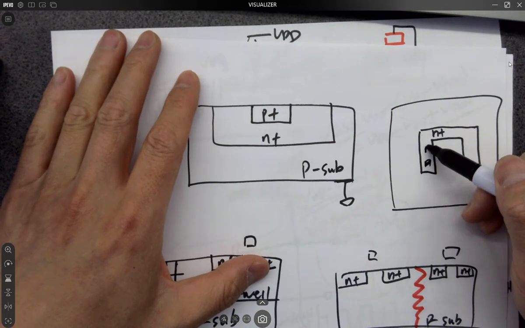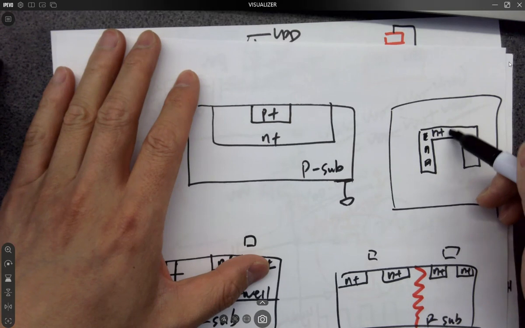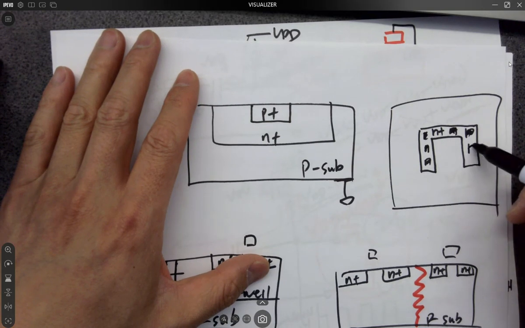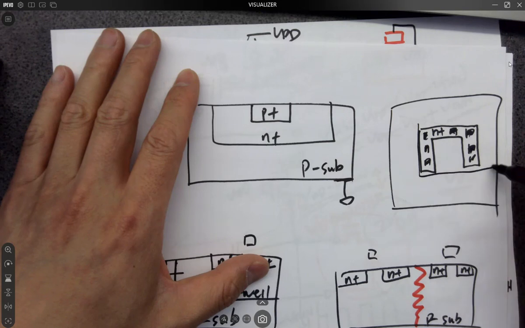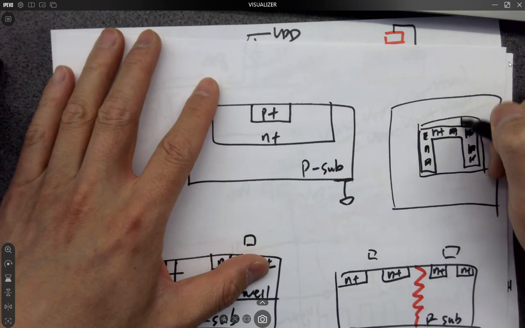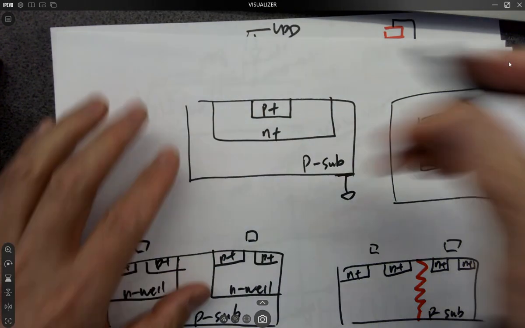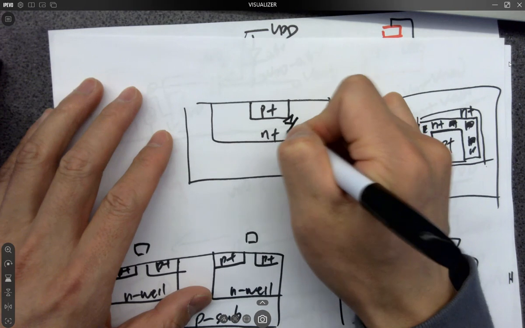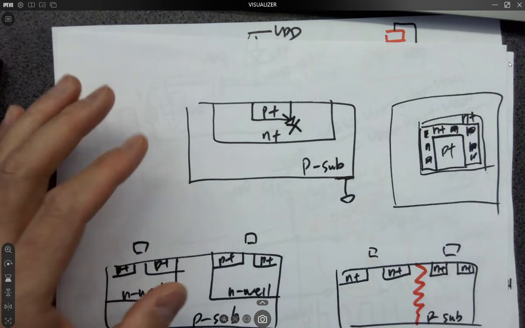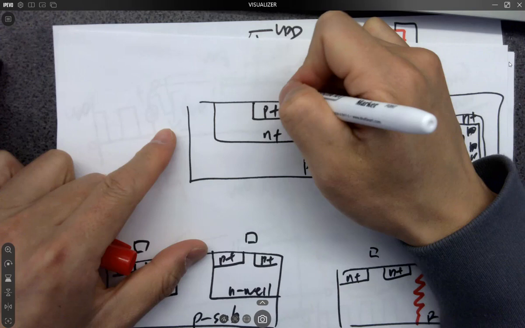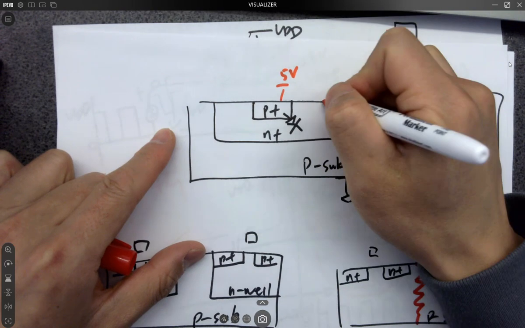These are contacts, but the whole thing should be N well. Okay, N plus. And you place a little P plus in here, and let's see if that works. So this forms a diode. And if we connect this one to 5 volts and this to ground,